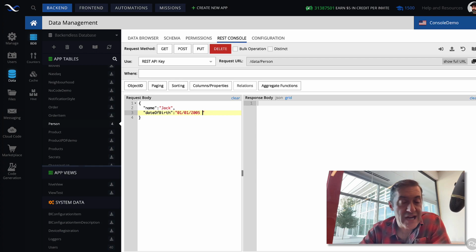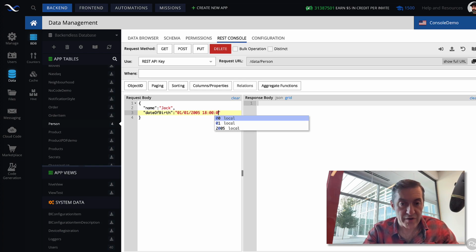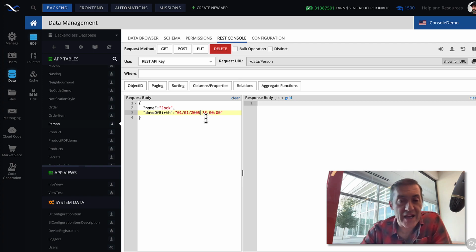You can actually include the time information as well. So for instance, if we say it is 18:00:00, which is 6 p.m., that will be saved. A question may come to mind is what time zone this time is going to be in. Whenever you provide specific information here as far as the date and time in this format, the database will assume that the time zone that is identified by this date and time information is UTC 0, which is the Greenwich Mean Time, and which is kind of the standard to normalize the date and time.